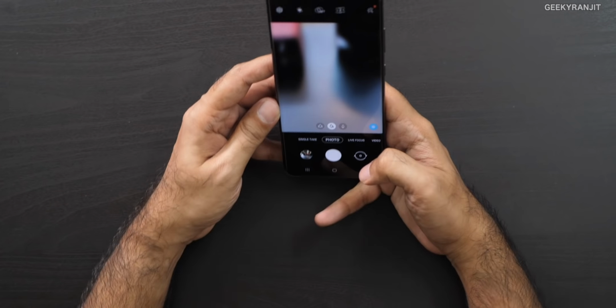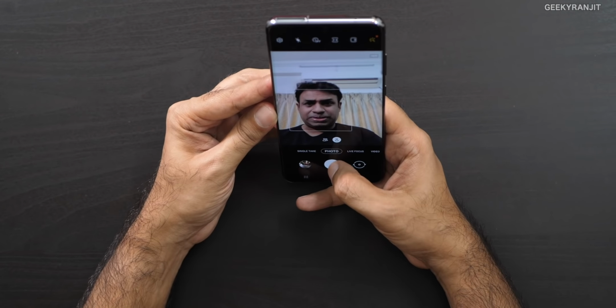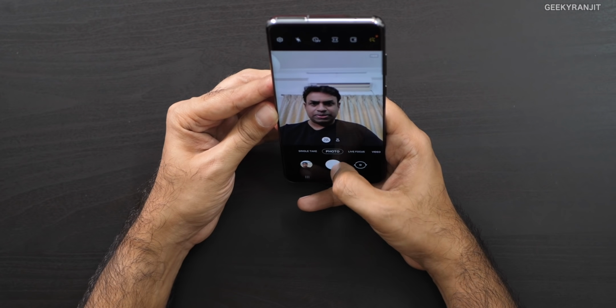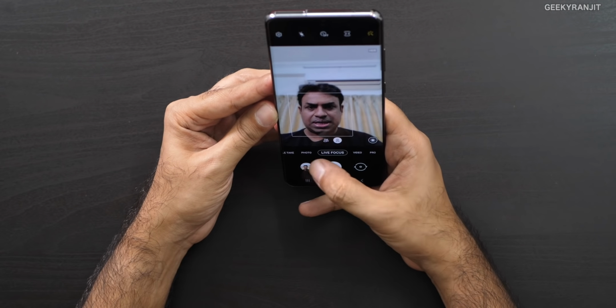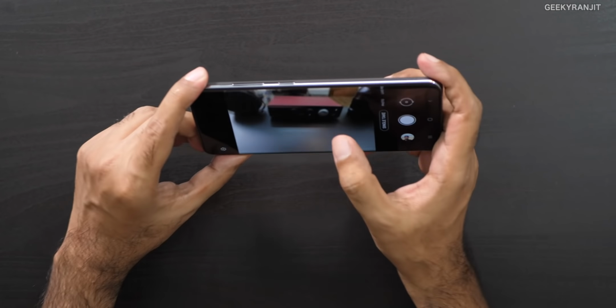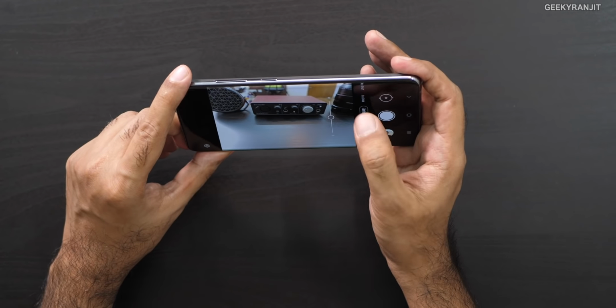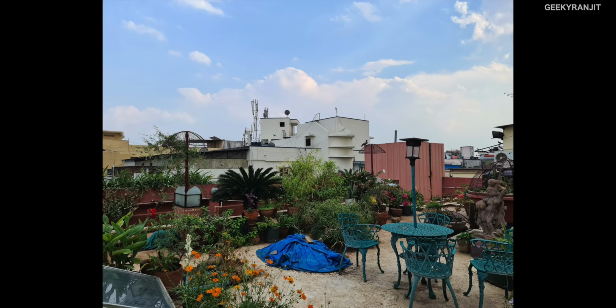Moving to the front facing camera, I'm also curious because this one has a 40 megapixel front facing camera, and we also have that ultra wide, and again we have the live focus and even the single take. So let me actually take some sample shots with this one so that you get a better idea. So these were the samples taken, and immediately I noticed that the color reproduction is actually very